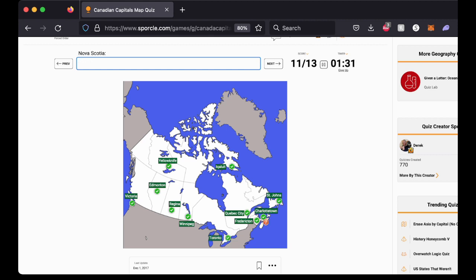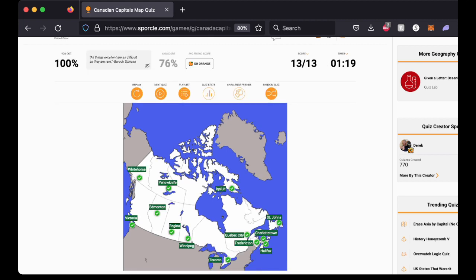Capital of Nova Scotia is Halifax. Capital of Yukon is, I think it's Whitewash. Okay. Yeah, so again, I had to get the spelling right on